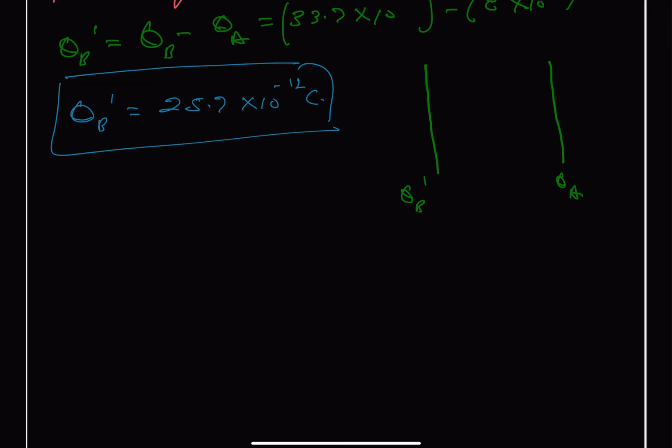That is the charge it got after time t equal to 10 seconds. So therefore, if E is the electric field between the two, we can write that the electric field